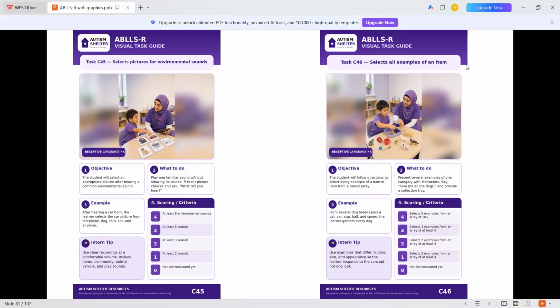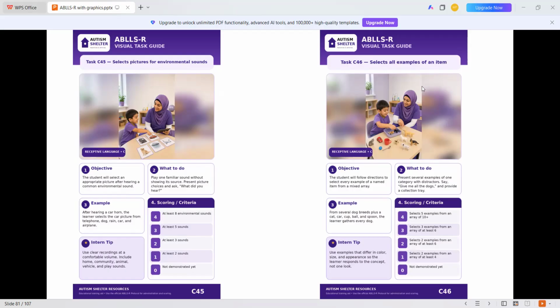Here you are teaching all examples of an item. The child can learn generalization, stimulus generalization and stimulus discrimination, so the kid can know what belongs to this class.